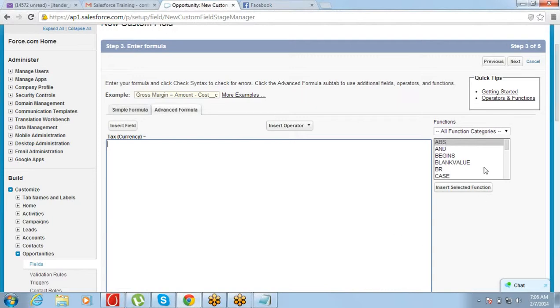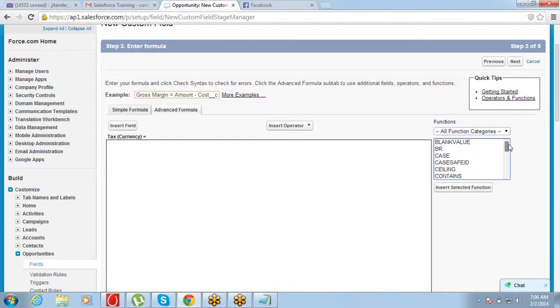The next thing is that on the right hand side you have functions. Almost all the functions of Microsoft Excel are available here. So these are nothing new. If you have worked on Microsoft Excel, you will find these functions, the logical functions, date, time. You will be familiar with these functions.